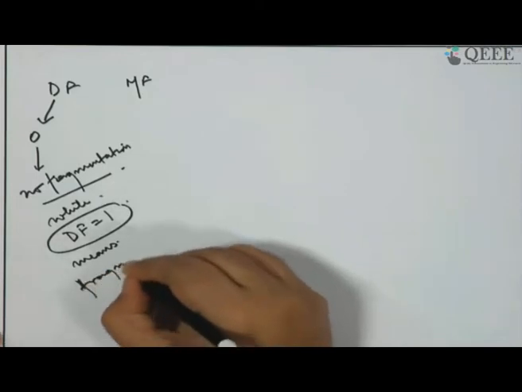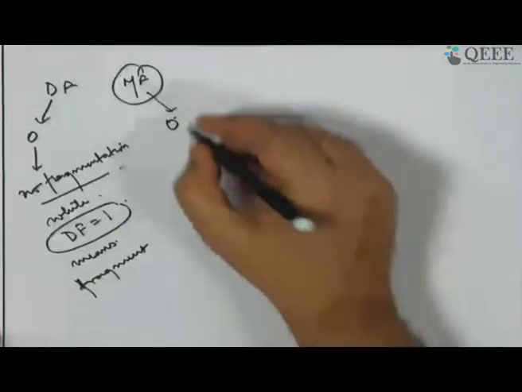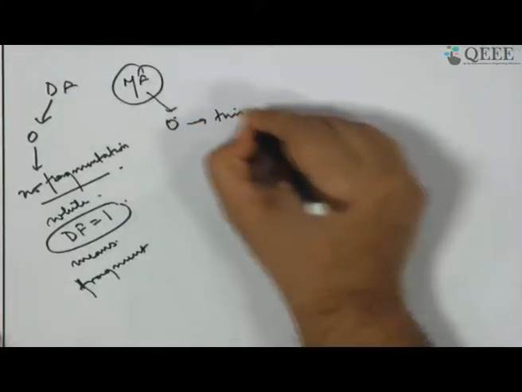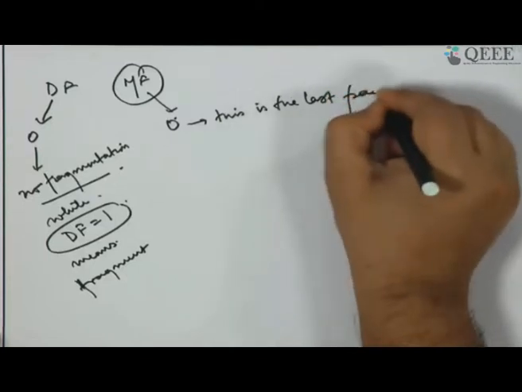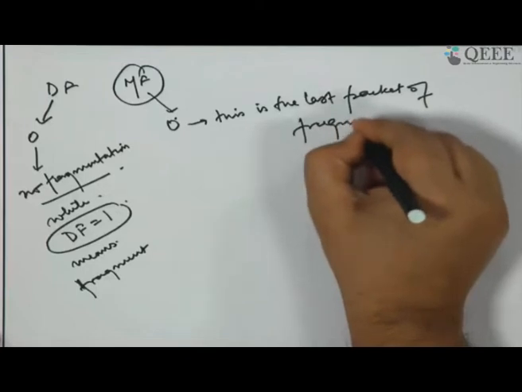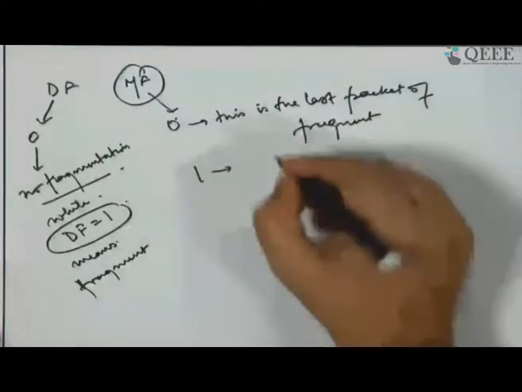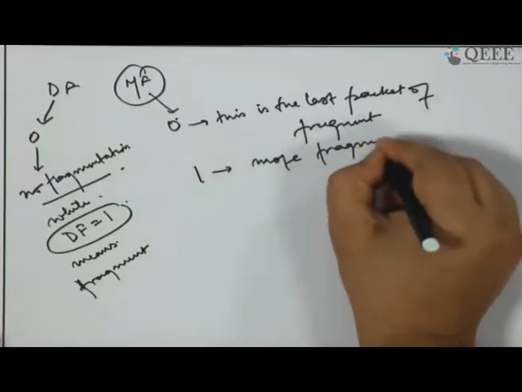And MF equal to 0 means this is the last packet of fragmentation, while MF equal to 1 means more fragmented packets